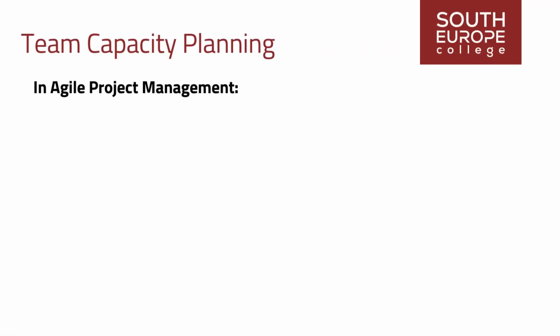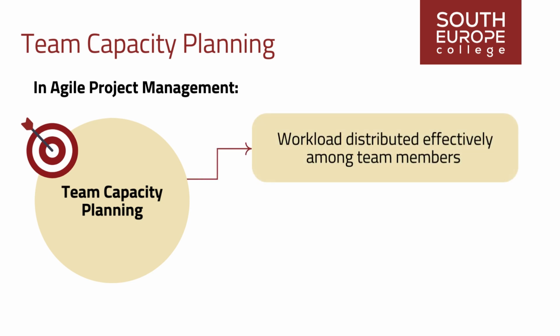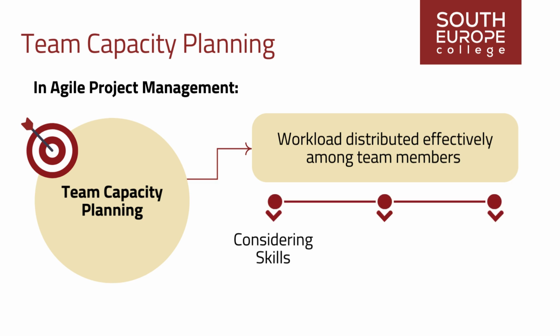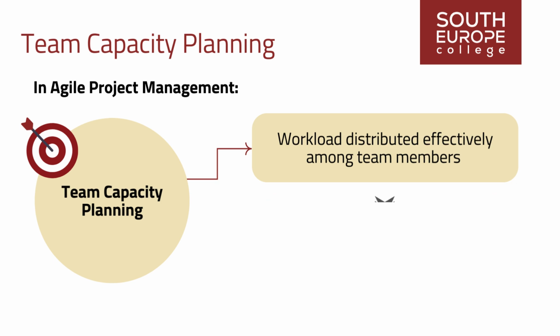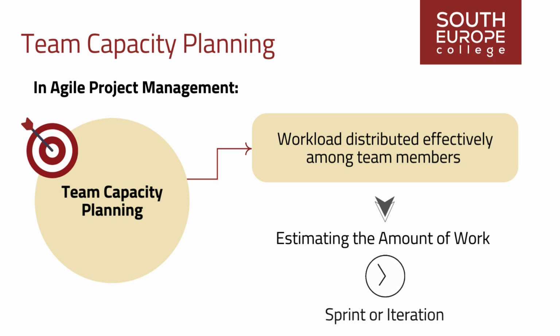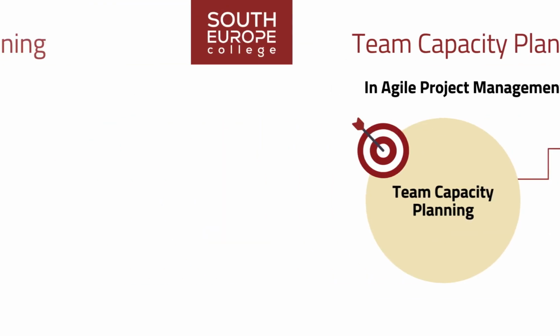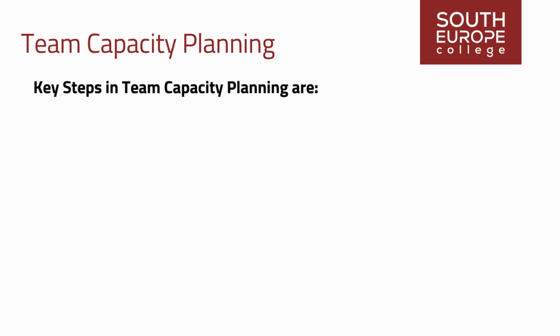In Agile project management, team capacity planning is crucial for ensuring the workload is distributed effectively among team members while considering their skills, availability, and other commitments. It involves estimating the amount of work a team can realistically accomplish within a given time frame, such as a sprint or iteration. Key steps in team capacity planning are: